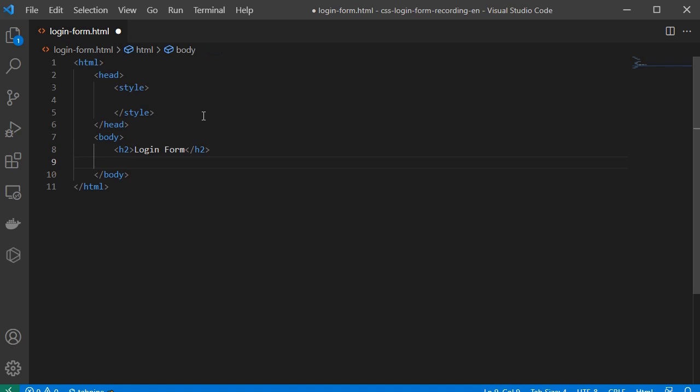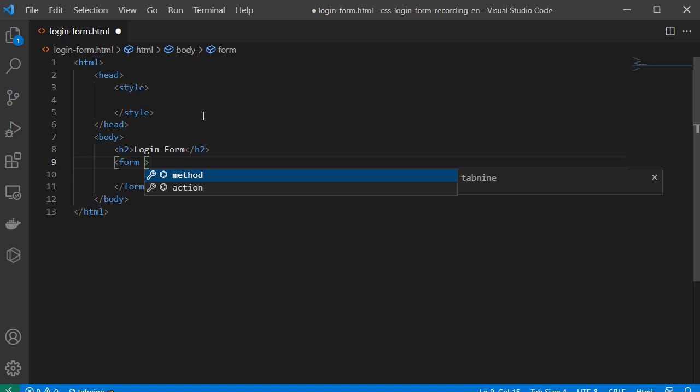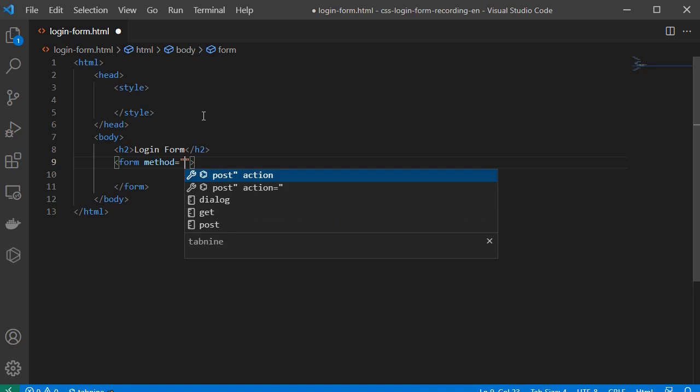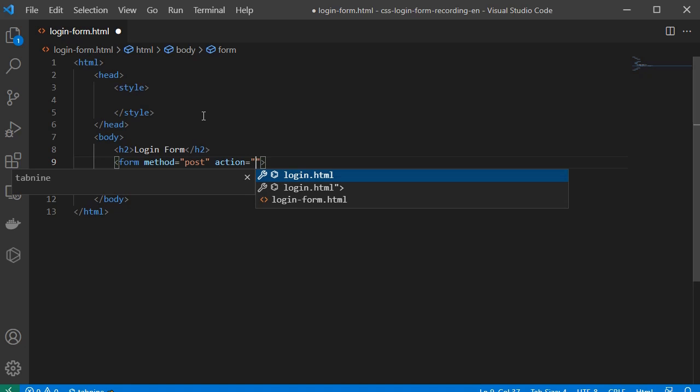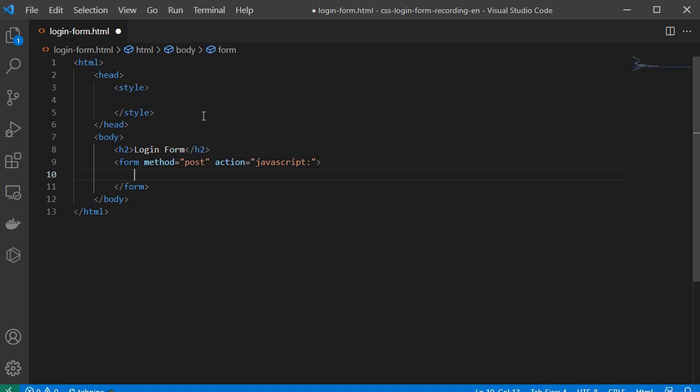And I will use the tag form to be able to submit this data to an endpoint on the server. Let's say that I'm using a post method and the action should be just a plain JavaScript. I will not send my form to an endpoint, a real endpoint on the server. So let's just do